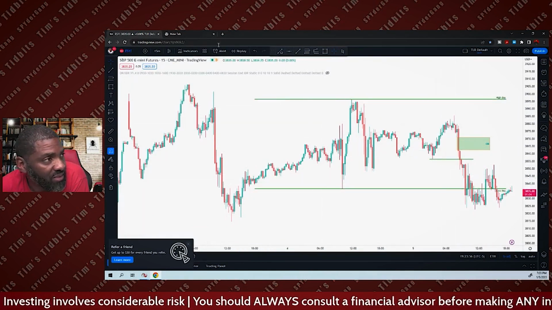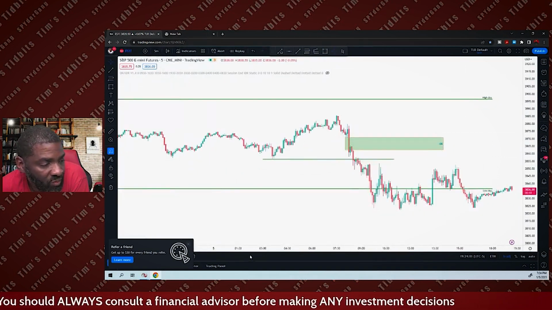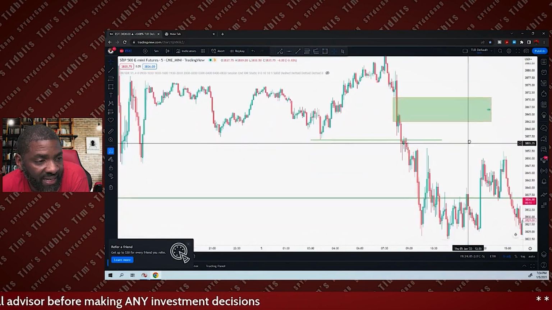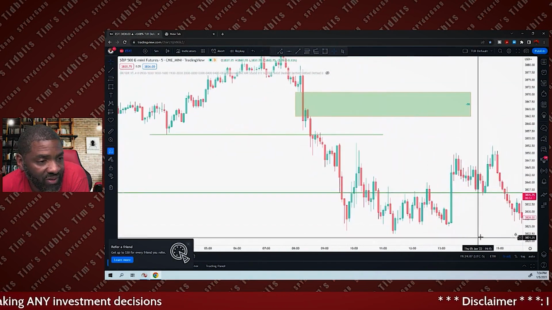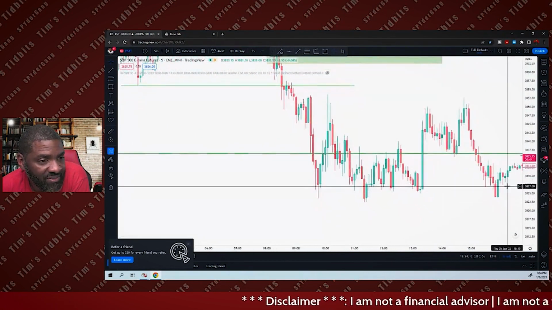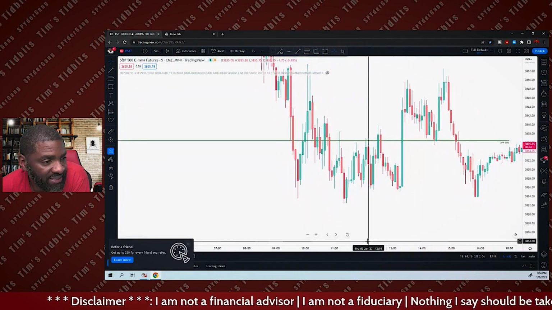Because when you get out, let's go down to 5 minutes, right? When you get down to 5 minutes, I like to have my calendars where I can see them, like this right here. Just looking at these calendars right here. And can you imagine